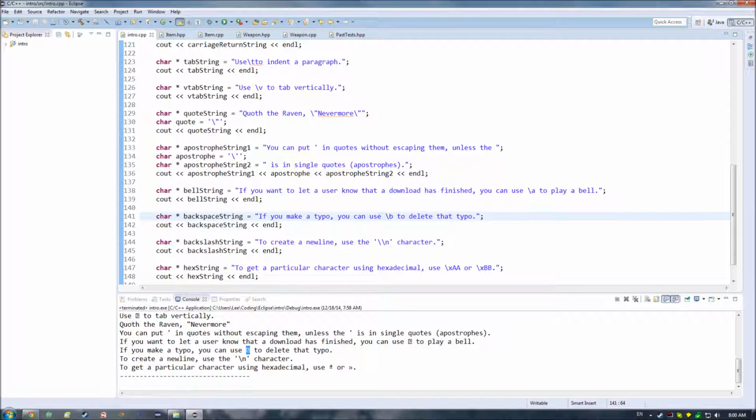Then, one of the major things is that you might be wondering, okay, well, how do I get access to this \? Because if I try to just do a \ by itself, it's just going to escape whatever the next character is. So it might give me an error in case I try to escape something that can't be escaped, such as if I do